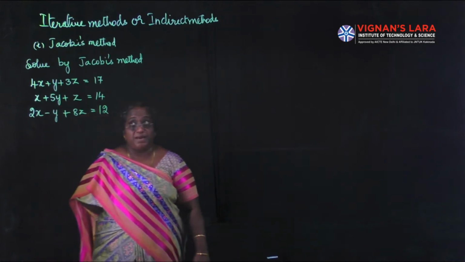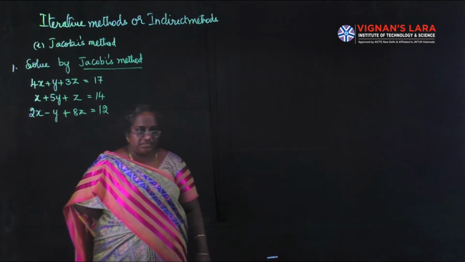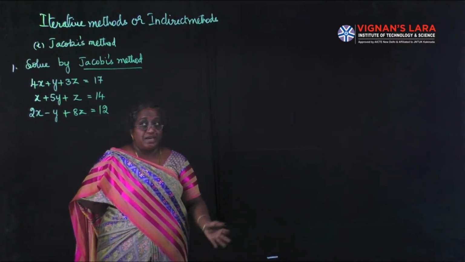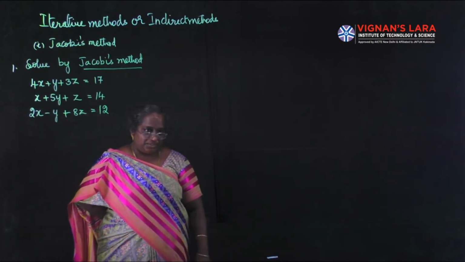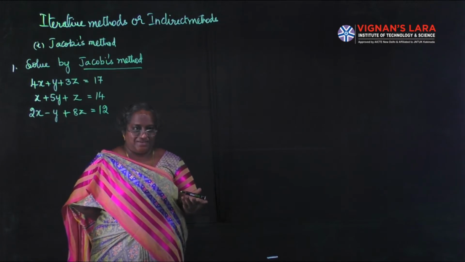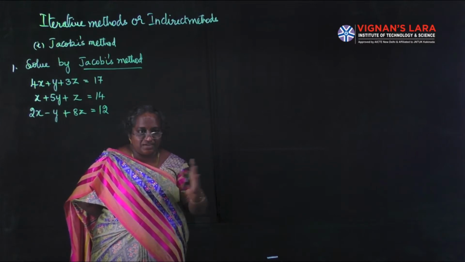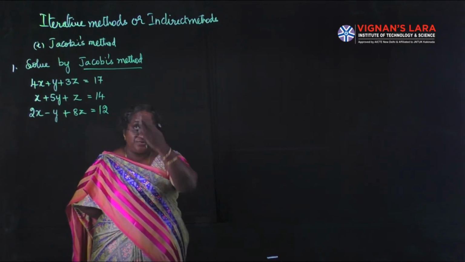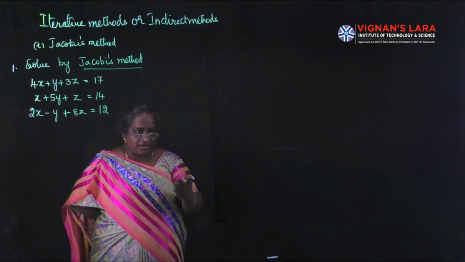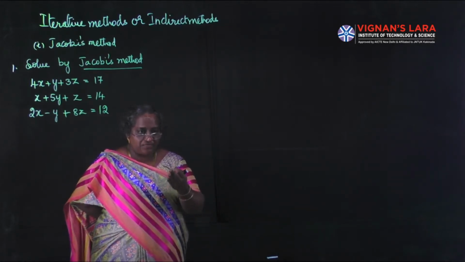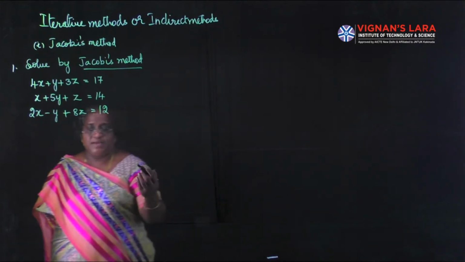Now you have to apply the method. What did they ask? They asked you to solve by Jacobi's method. The method is specified. Using a calculator, if you solve these equations, you will know the solution. That is one hint, so you can't give an answer as you like. If you perform iterations, they should converge to the actual solution. Whatever iterations you perform, your iteration values should be close to the exact solution. That is not a difficult thing.